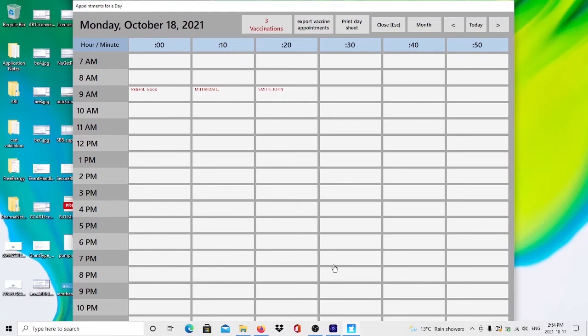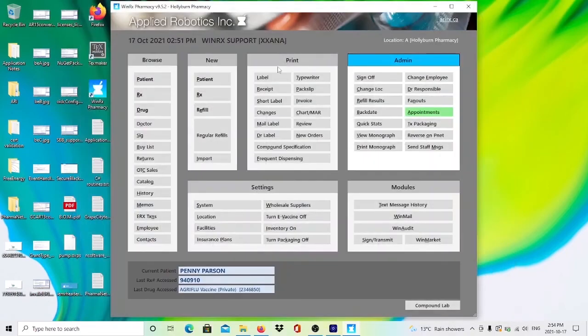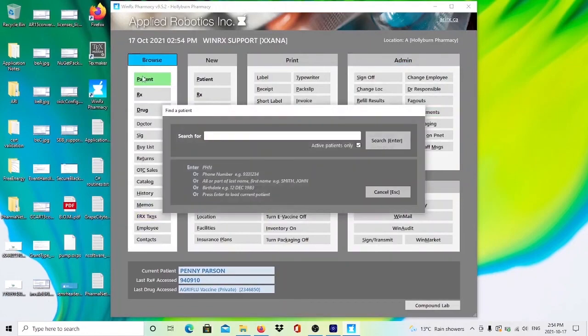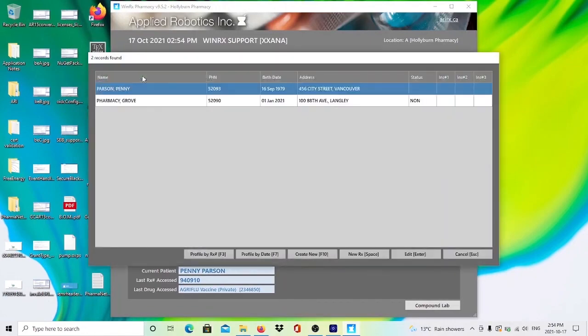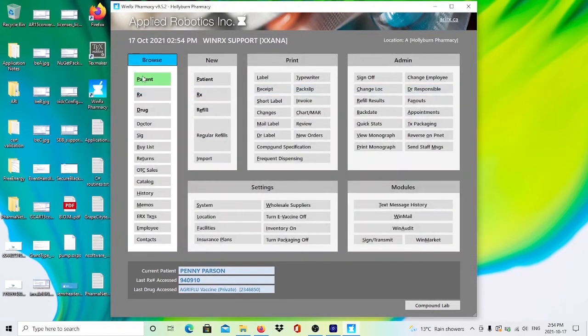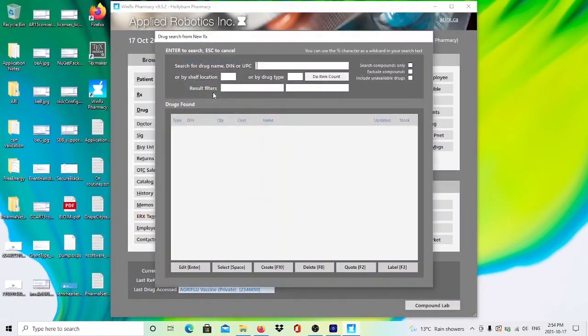So far, we've booked appointments for vaccinations for which scripts will be filled at the time of completion of the vaccination. However, there may also exist cases for which a patient prepays for their vaccination and a pharmacist would like to schedule an appointment for this vaccination at a later time. To do this, they can go to the patient's profile, create a new Rx for the vaccination,